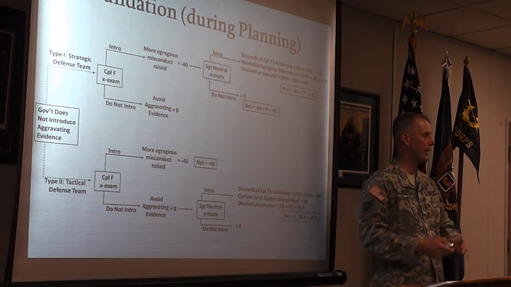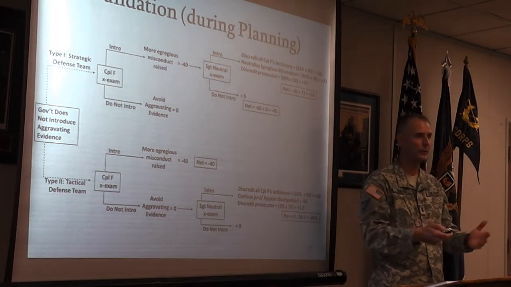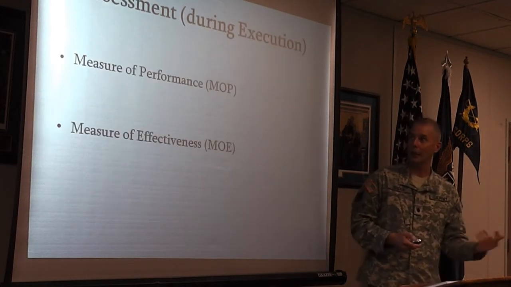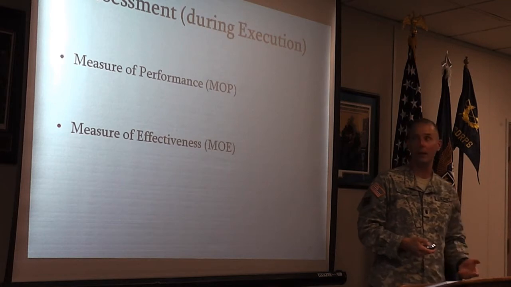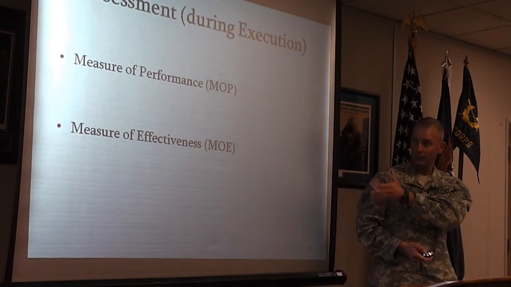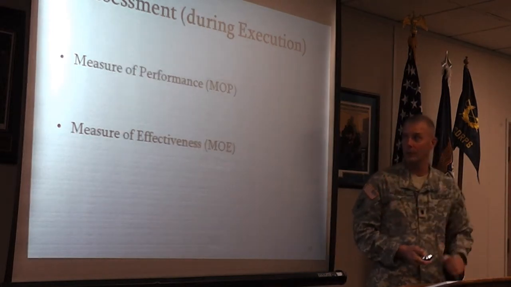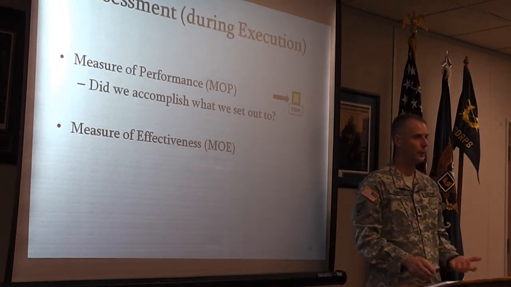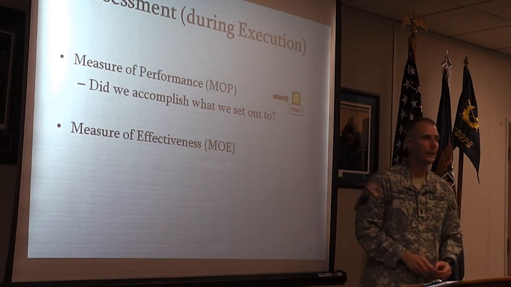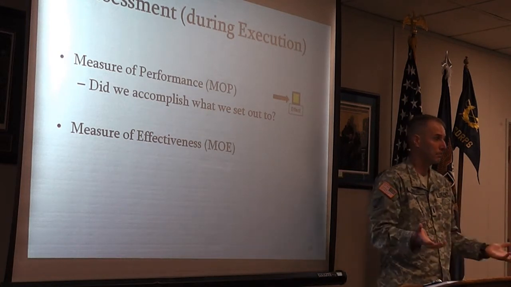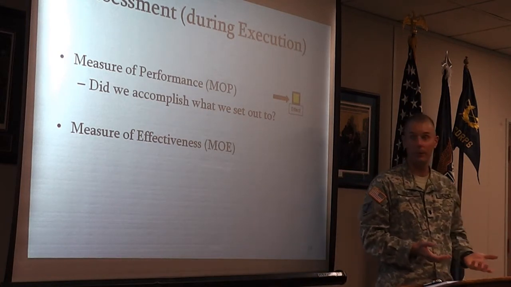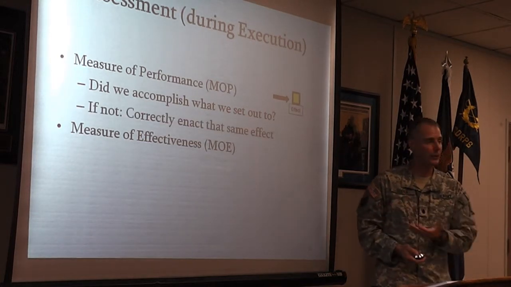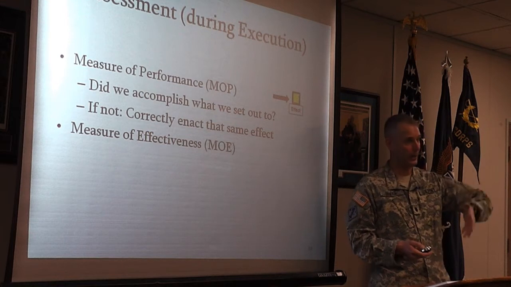Validation is what you do right after planning. After or while you're planning your lines of operation, your lines of effort, you say, all right, yeah, this looks good. After you're done, you actually got to carry that thing out, or someone's going to have to carry it out. You want to, this is doctrine, measures of performance, measures of effectiveness. Your measure of performance asks the question, did I accomplish what I set out to do? That goes directly to effects. I wanted to make a motion. Did the judge actually consider the motion? If not, then I go ahead and I make sure that effect is correctly enacted. Hey judge, could you actually consider my motion?